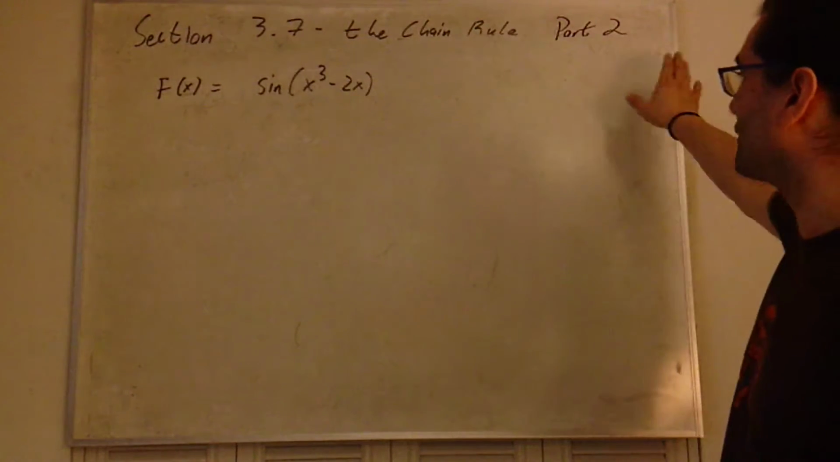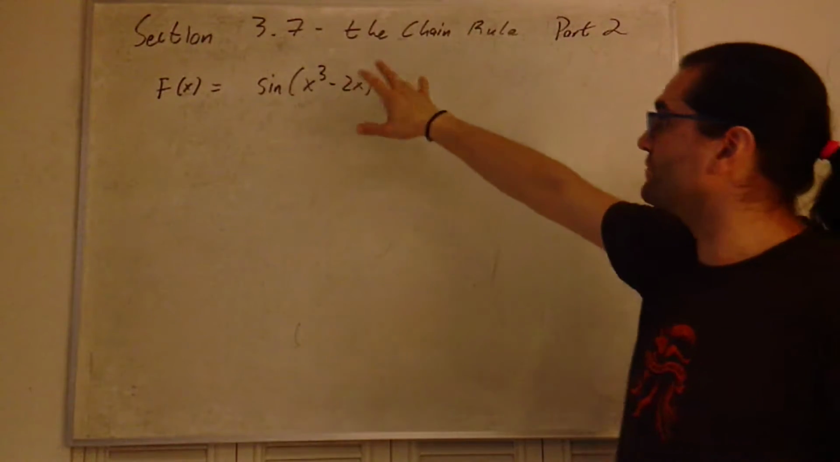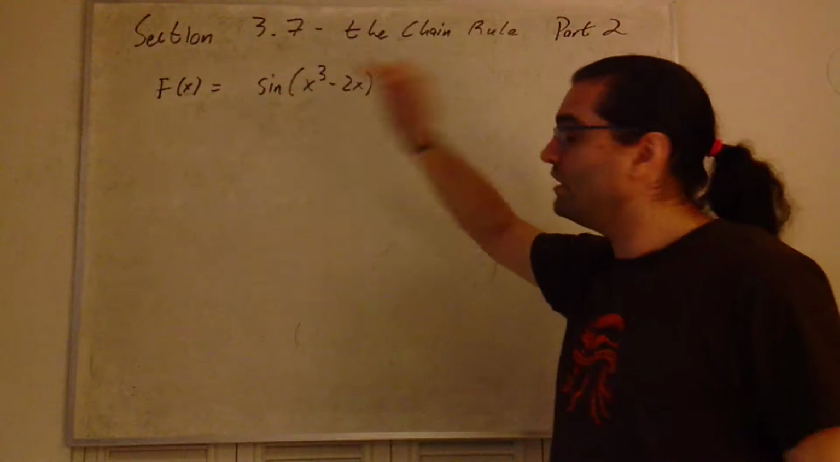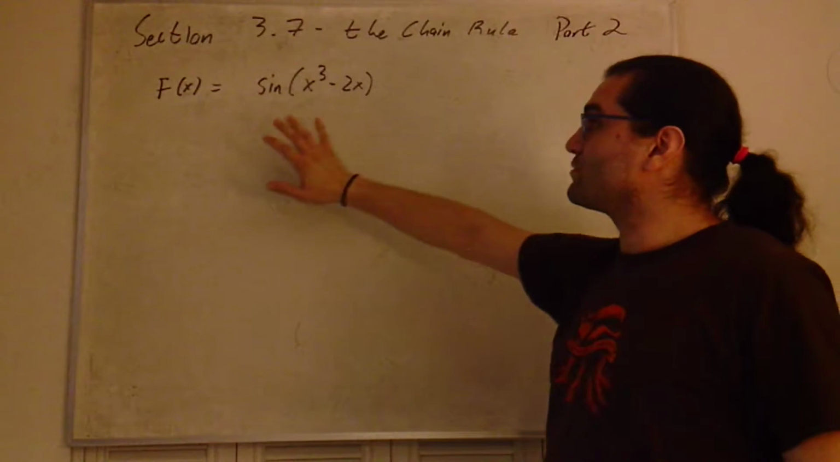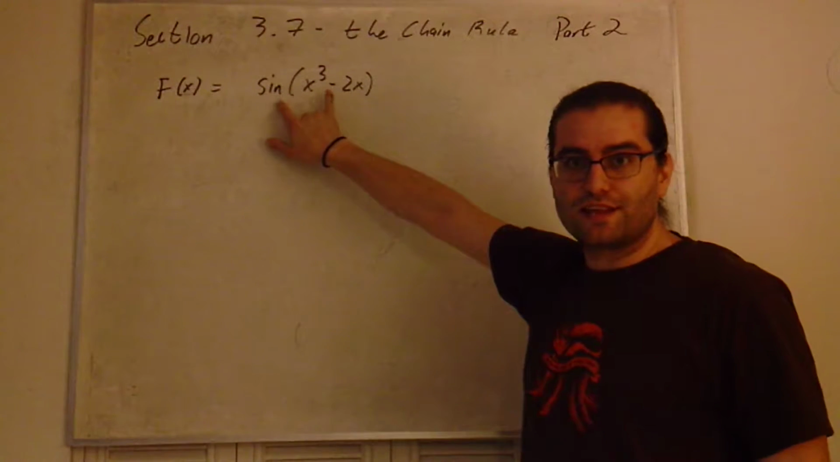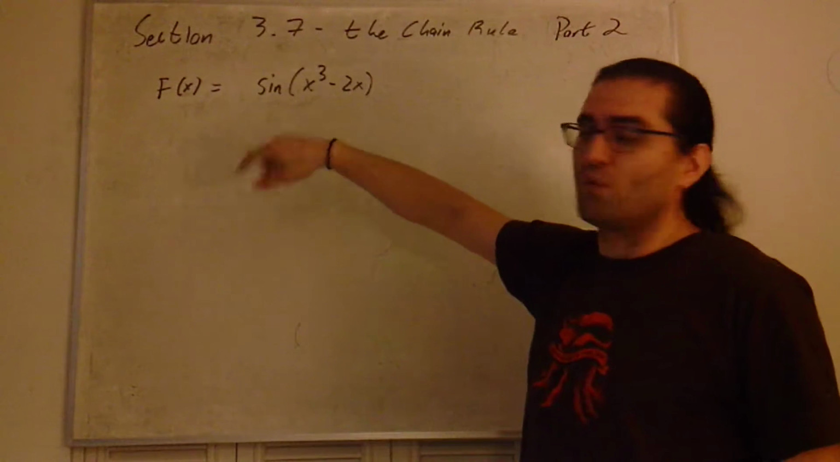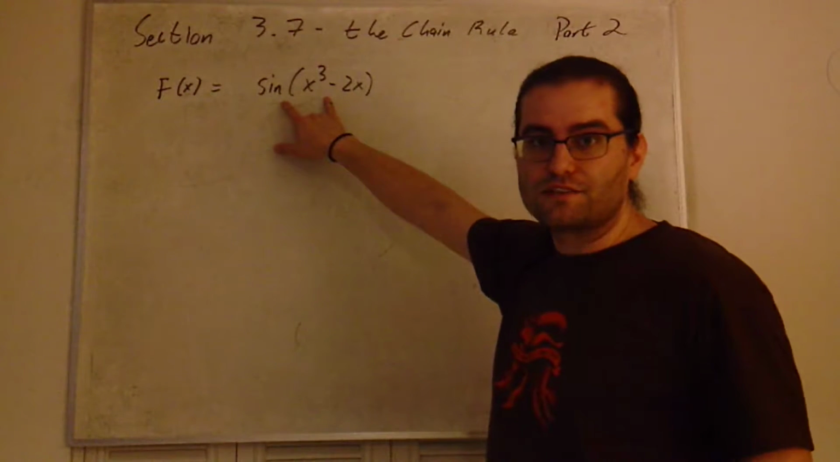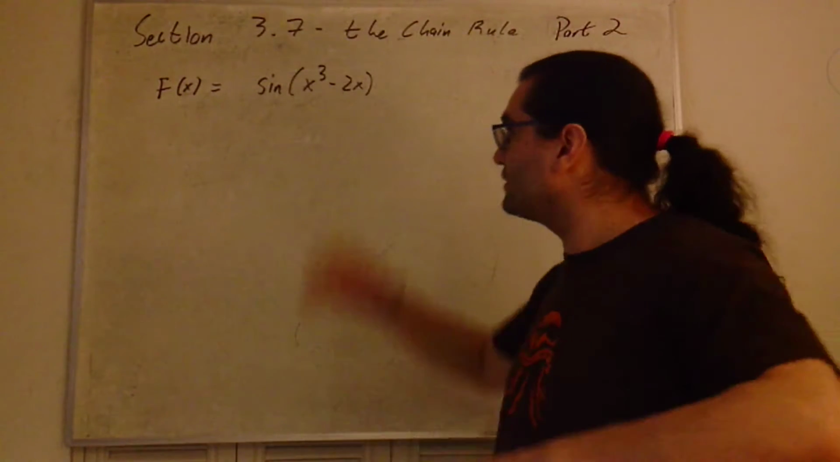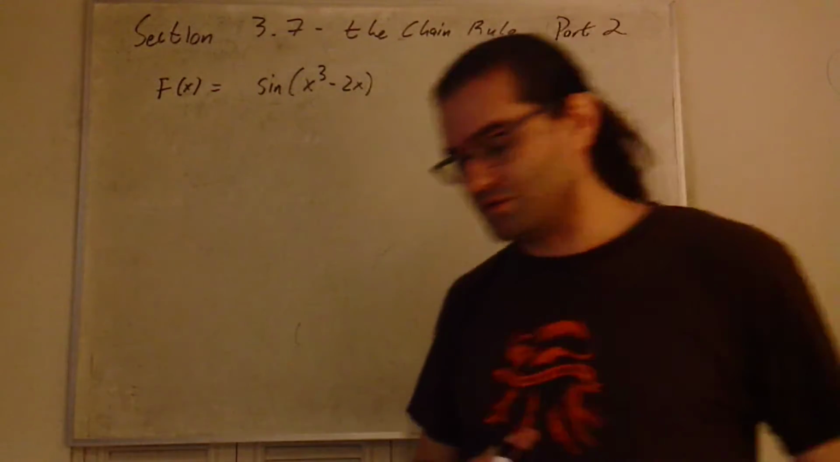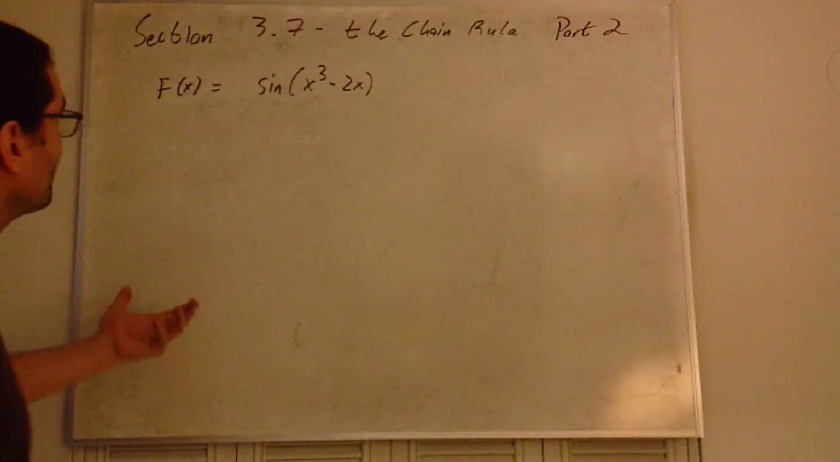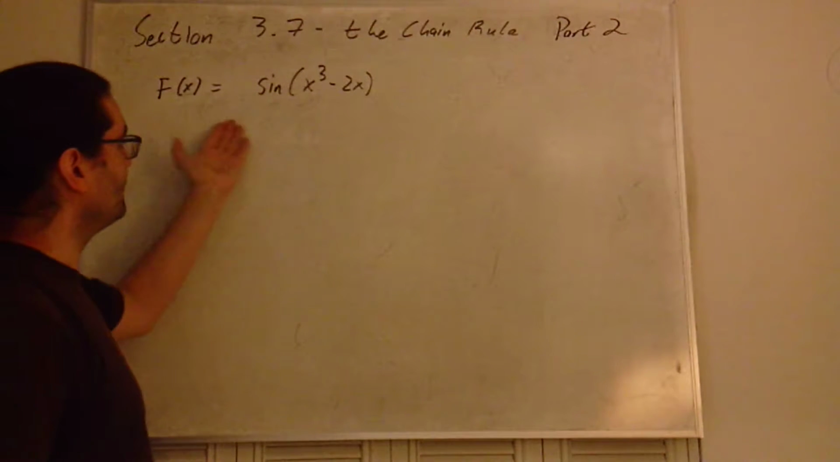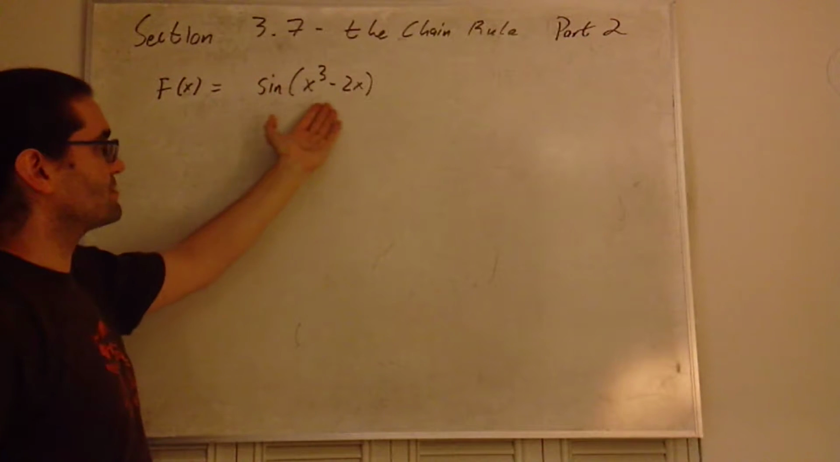This is part 2 of our video about section 3.7. We're talking about the chain rule, which is how to take the derivative of composite functions like this. We already know how to do the derivative of products and quotients. Now things are inside of each other and we're talking about derivatives of those. So, from the first video, we learned that if you're taking the derivative of a composite function like this